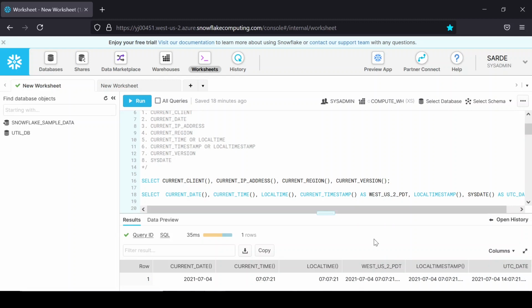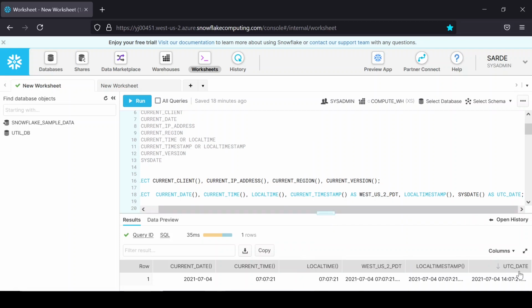So remember, wherever you deploy your Snowflake account, that's your local time zone. Next, if you want to get a UTC date, we can use the function sysdate. So sysdate will return the date in UTC time format.